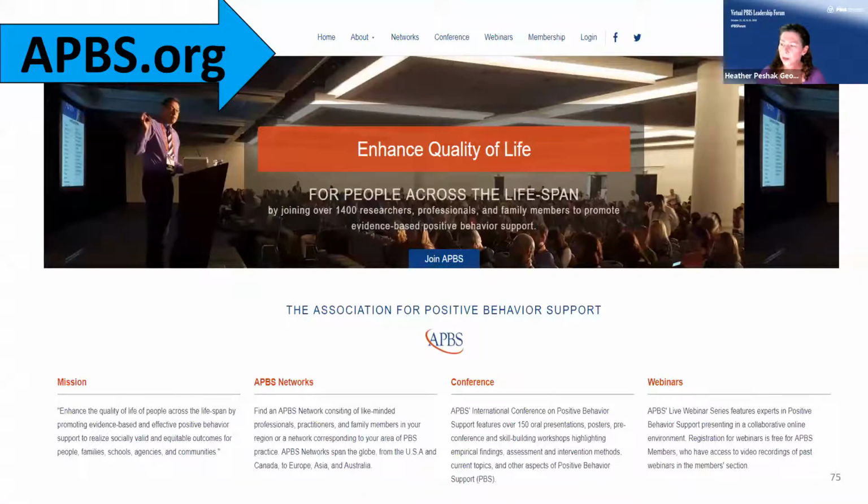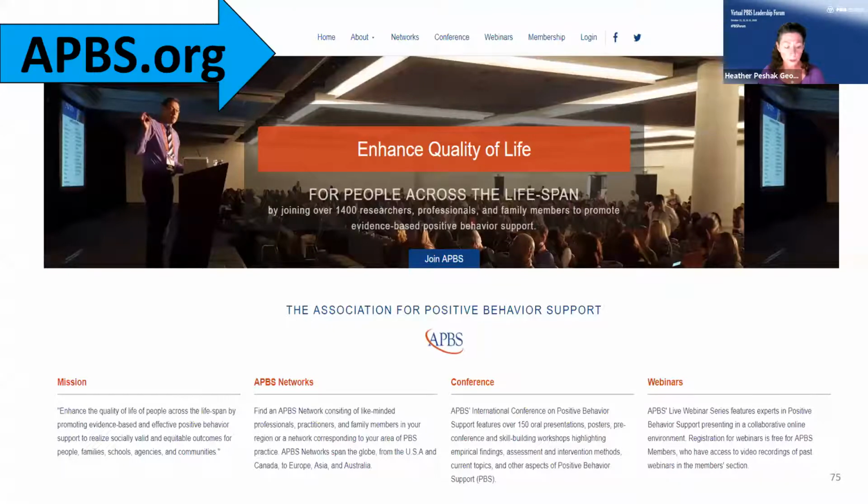Also, just to give you a heads up, there is an international association on positive behavior support. And positive behavior support, there's an actual science around it. There's over 30 years of research around that. And PBIS adds in the intervention piece specific to what we're doing, kind of pre-K through grade 12, but it is founded on that science of positive behavior support. But I just wanted to give you a heads up. So wherever you're logging in, if you are outside of the US, there are networks that are established across the world around positive behavior support.